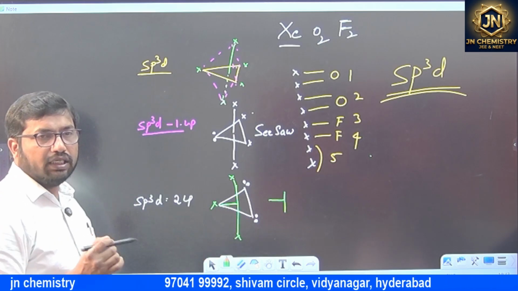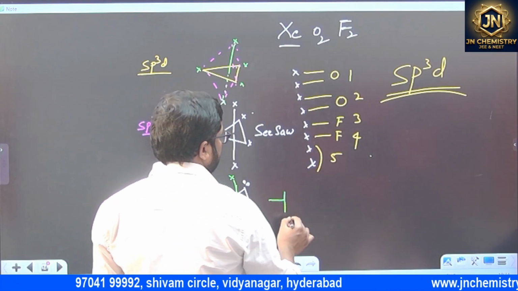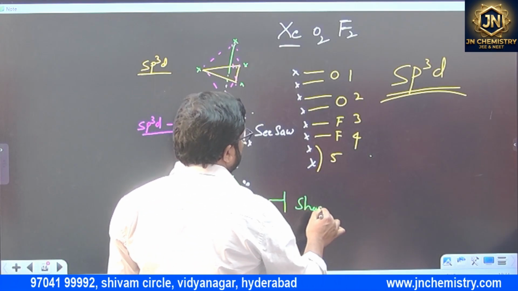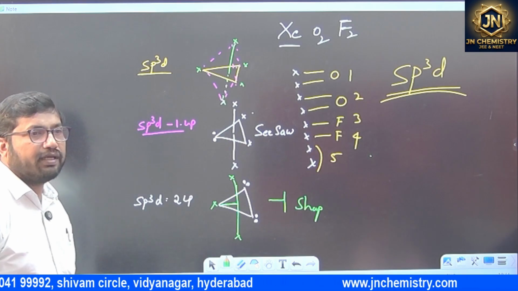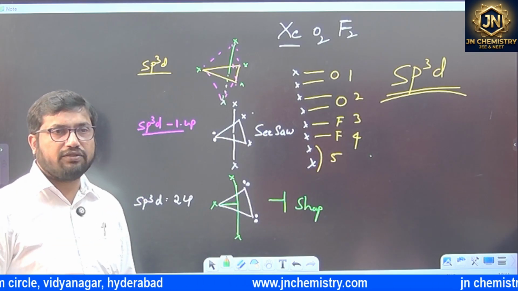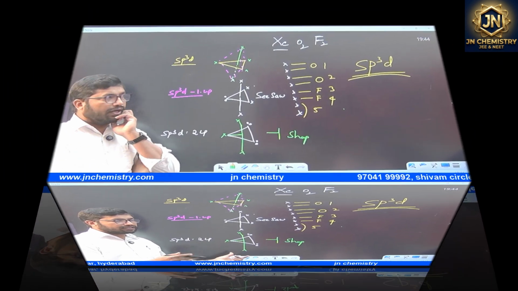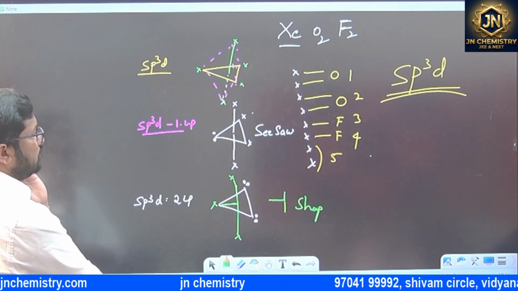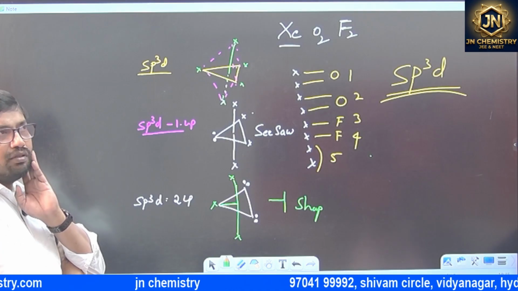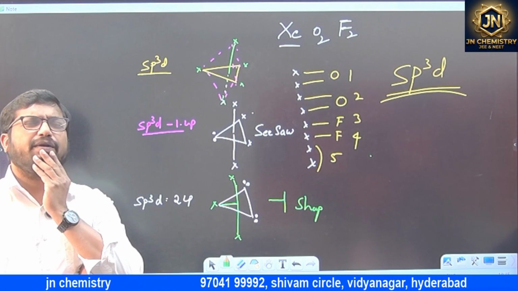T is sleeping, right? T shape. So simply we need to remember like this: seesaw, then T. Seesaw, then T. And one more, sp3d2 octahedral shape, and sp3d2 with one lone pair, square pyramidal,